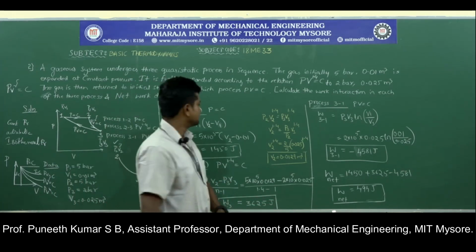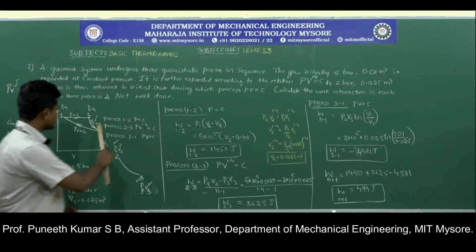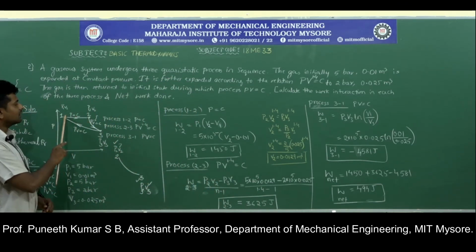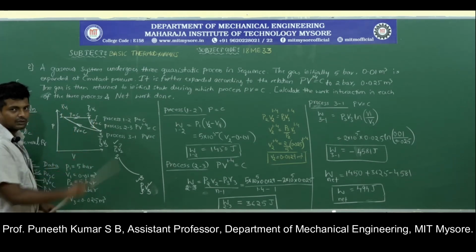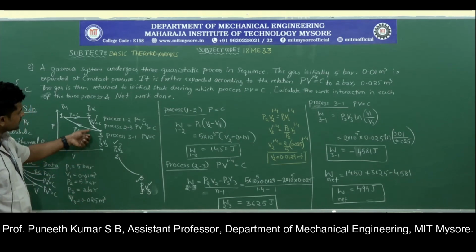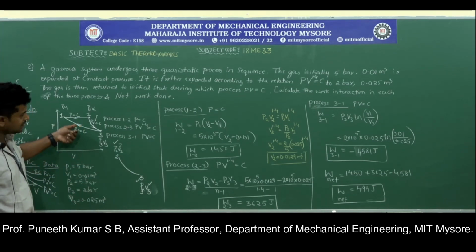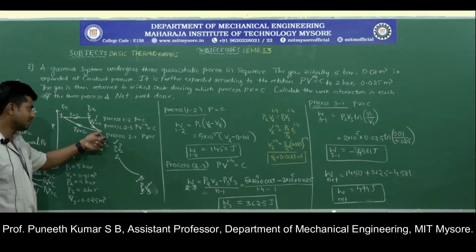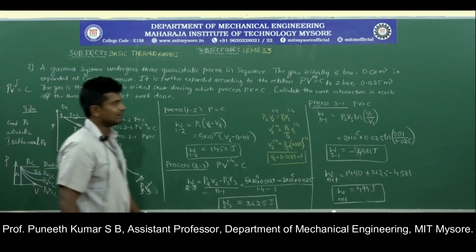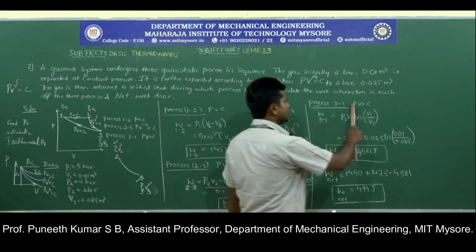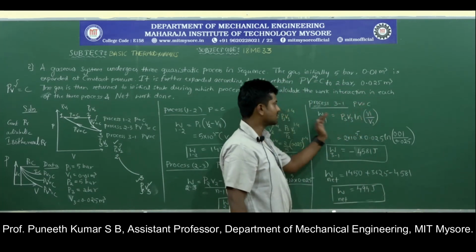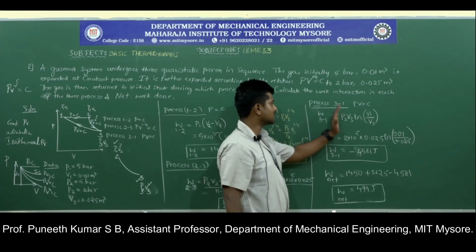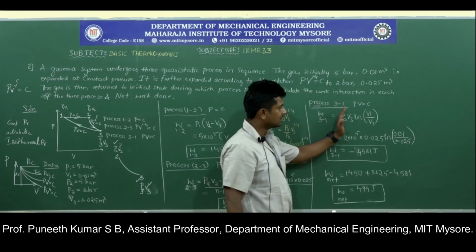The next thing is, after completion of the two processes, we have found the work done during process 1 and also during process 2. Now we are finding the work done during process 3, which is happening between state points 3 and 1. It has been given that PV is equal to C. It is an isothermal process. For the isothermal process, the definition of work transfer is